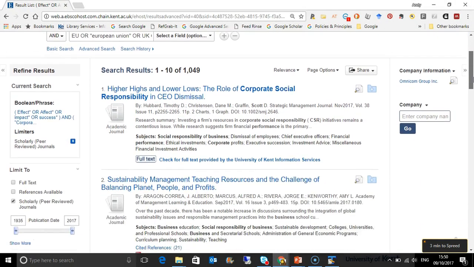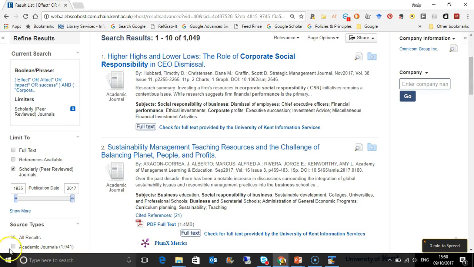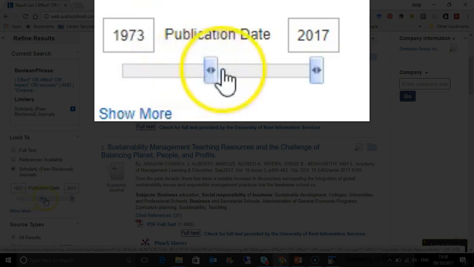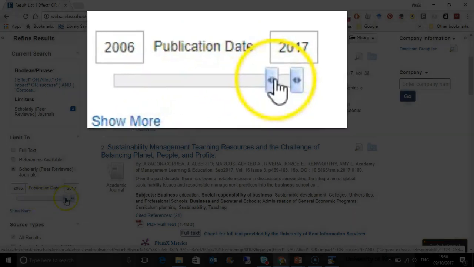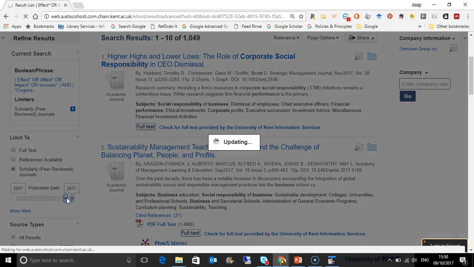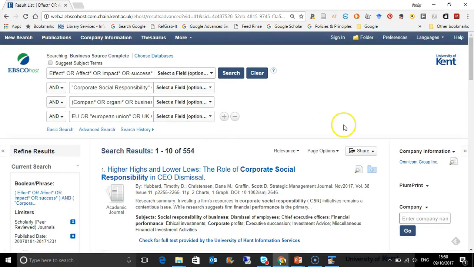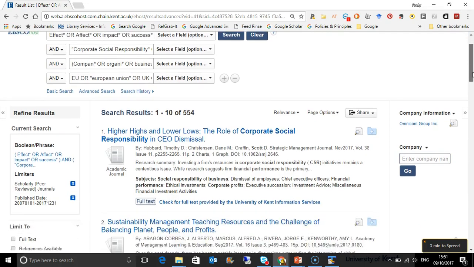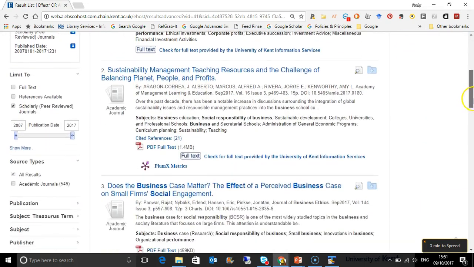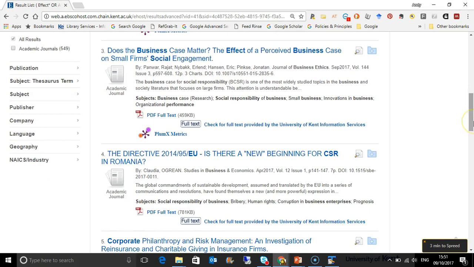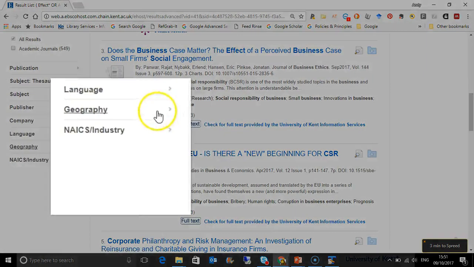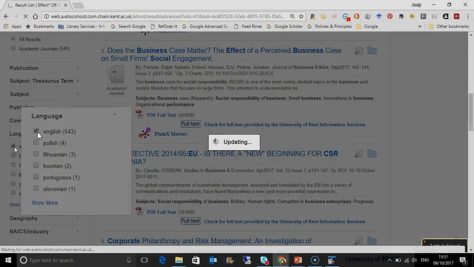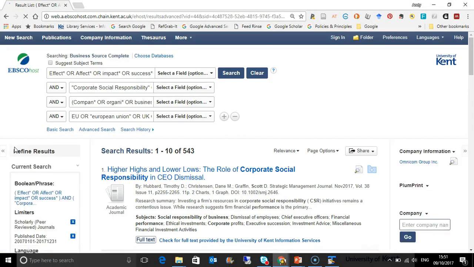We can now add our additional filters, which are results from the last 10 years. So if I move this to 2007, we can see this brings down to 554, and we want things that have been written in the English language. So again, if I select the English language, that brings it down to